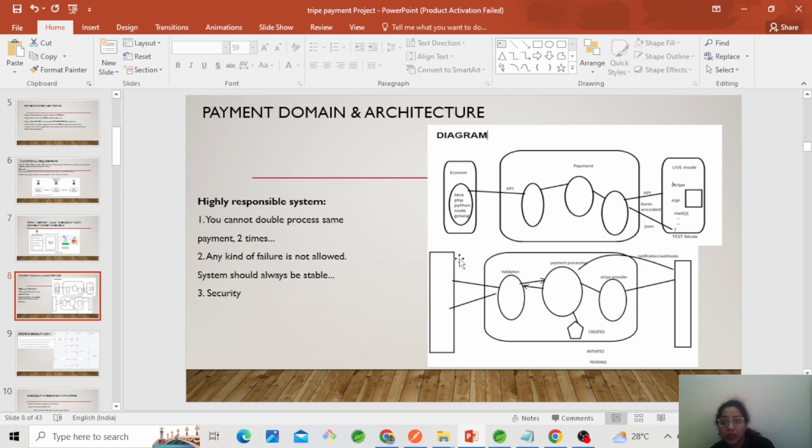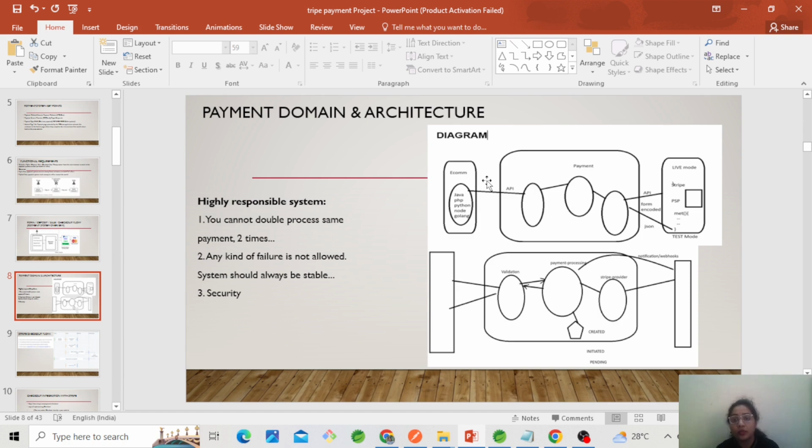For that payment service development, we are using the microservice architecture. In that microservice architecture, we are developing three services. First, the validation service. The second is the payment processing service, and the last one is the Stripe provider service. Again, here we are connecting to the database also. So this payment service is connected to Stripe, and Stripe again will send